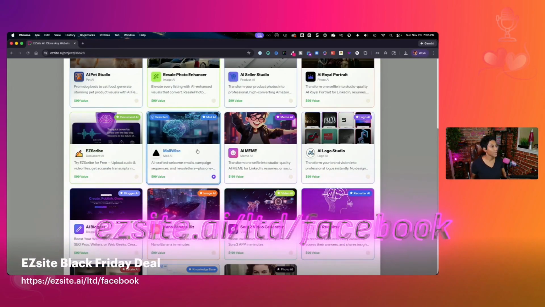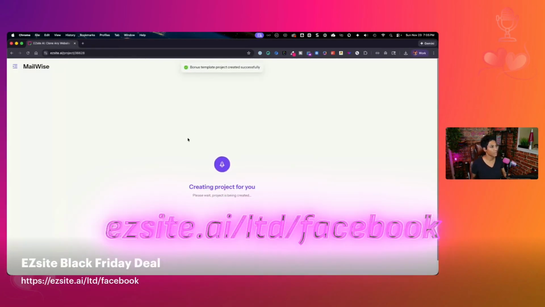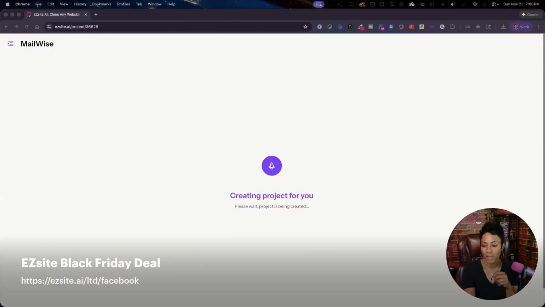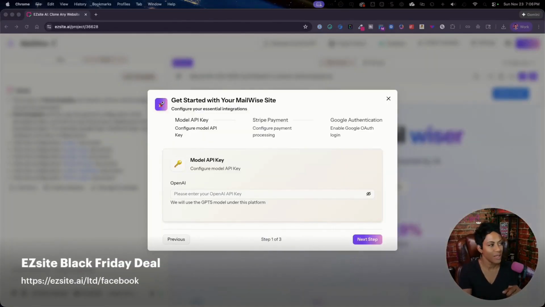So what I'm going to do is select this one, confirm my selection. It takes just a couple of minutes for you to actually see this being created. They're creating the project for you. Sometimes it'll take a few minutes. Ta-da, there it is. Now it's going to ask you for an OpenAI key, which you then need to go